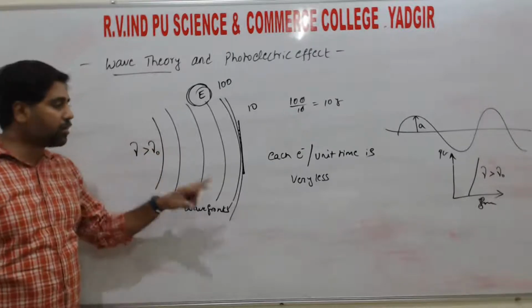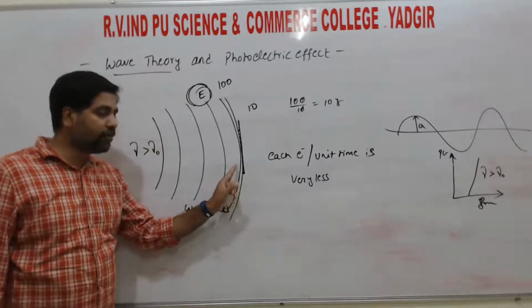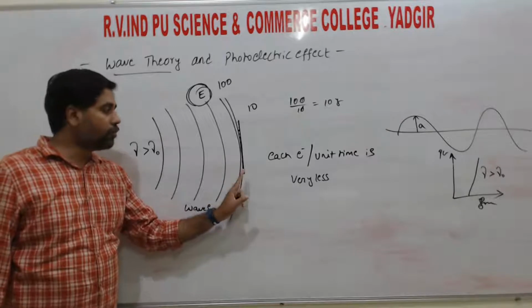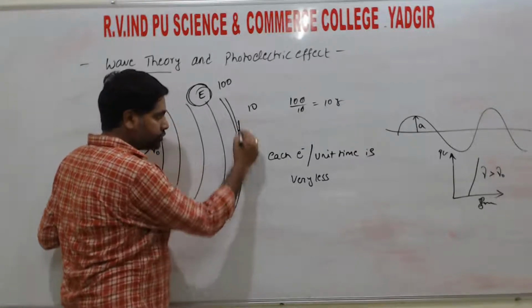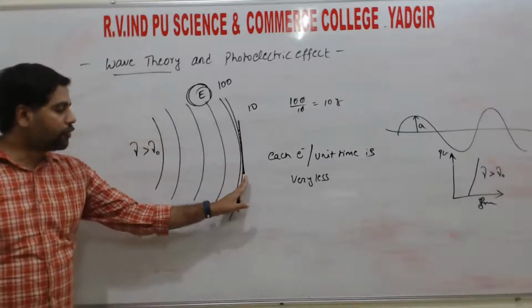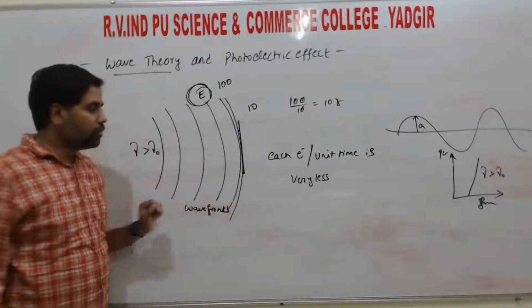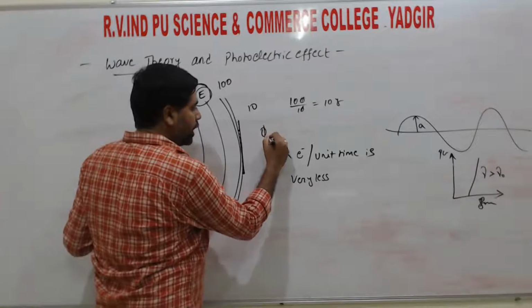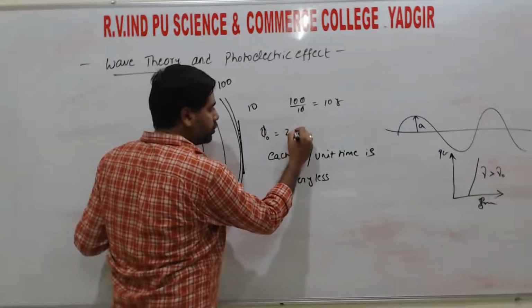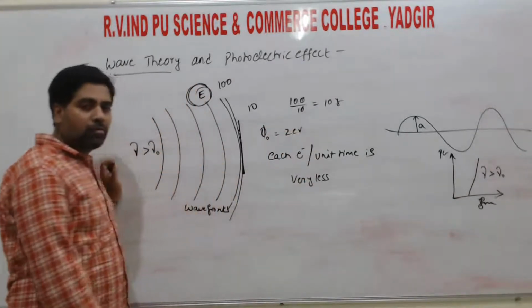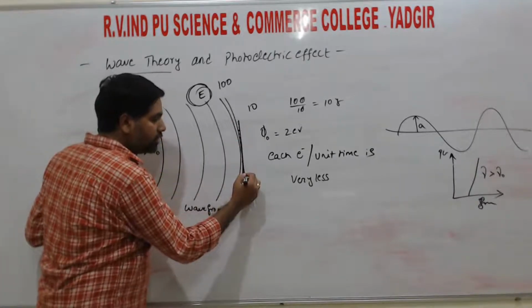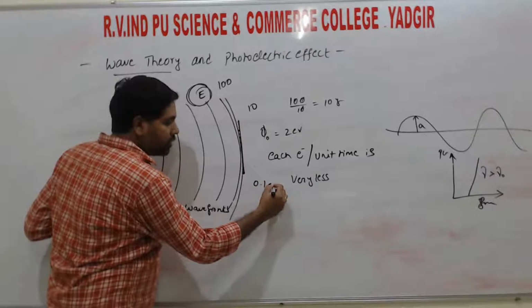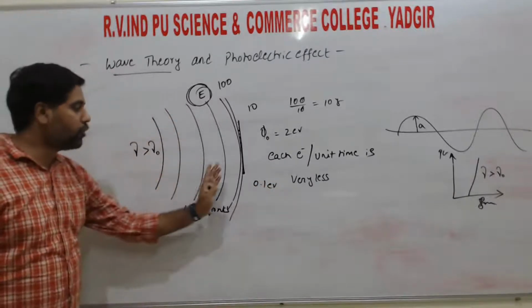Here the emission of this electron needs the work function phi naught, for example 2 electron volt. So each time this electron is getting only 0.1 electron volt,